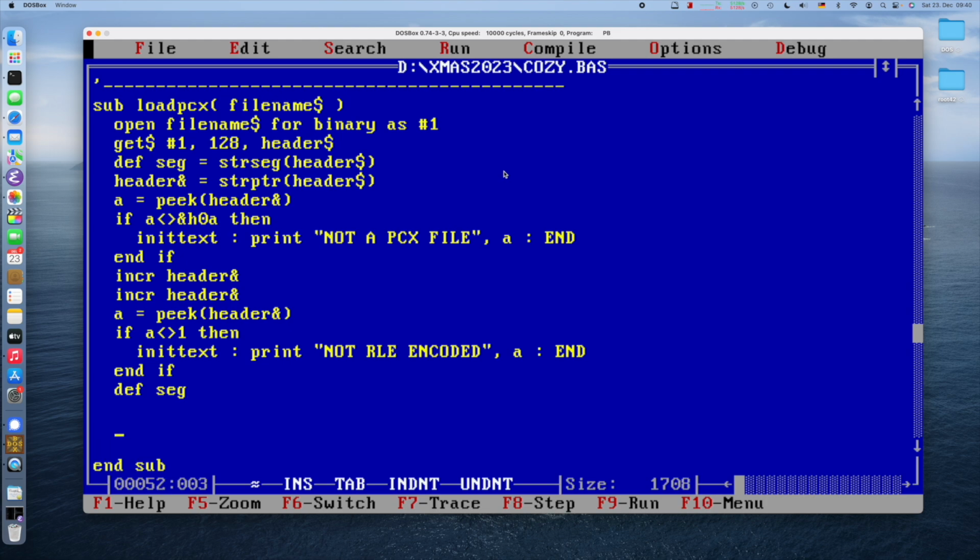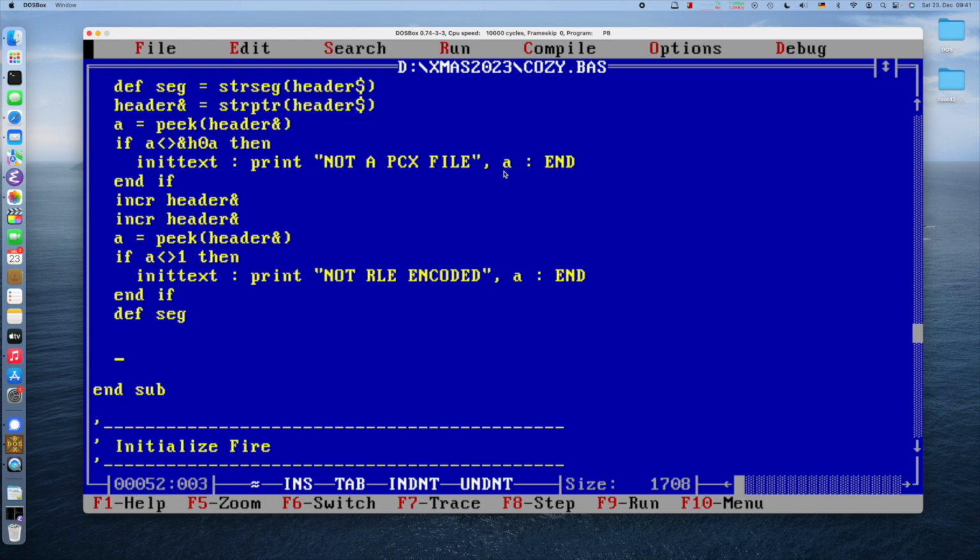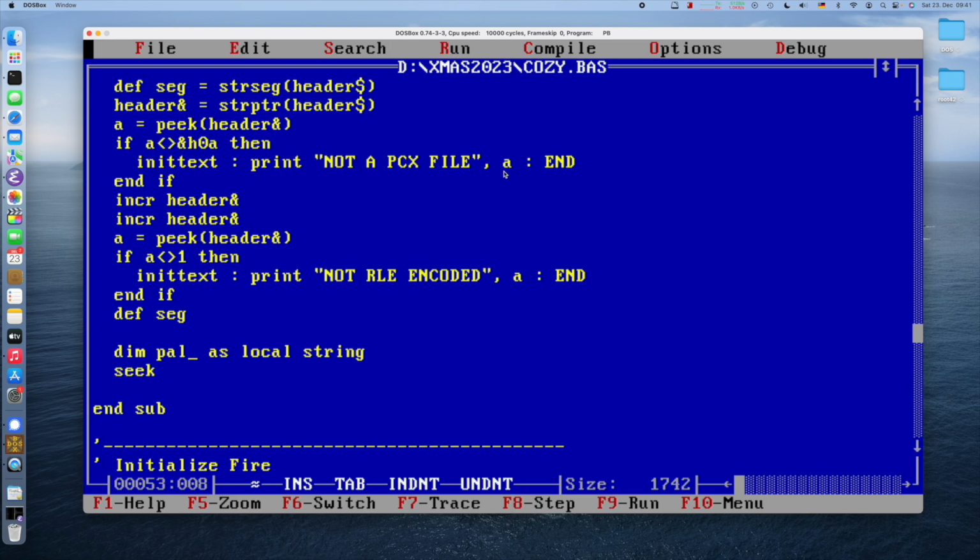Second, we will read in the VGA palette that is in the file. The palette comes after all the picture data. It's the last 768 bytes. So what we'll do is we will again define a string variable. We can also do it like this. It doesn't have to have the $ here, but we'll use a local string variable. Then we will seek in file 1